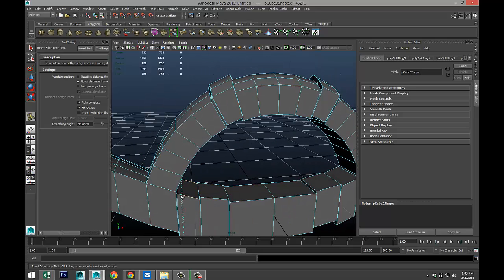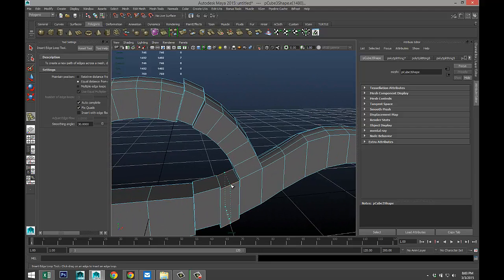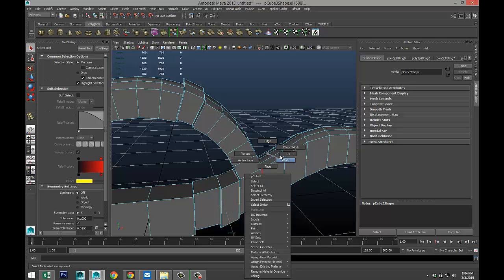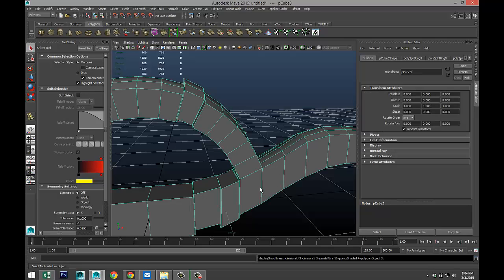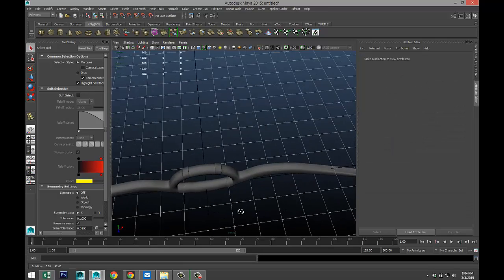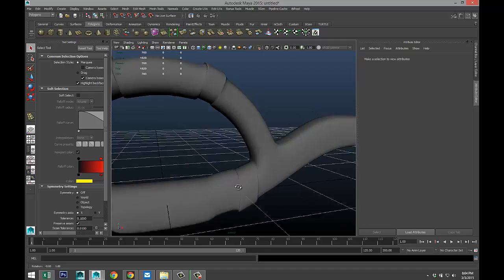So we'll do one here, one there. And I think that will help. Right click object mode, hit 3. Yeah, it's a little bit more distinct.